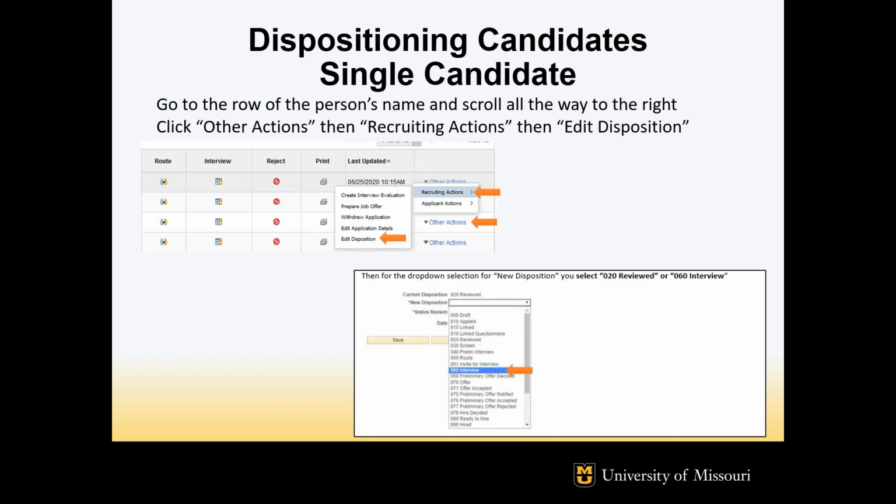Again, this is something I have been battling for 2 years, but I really think I'm close to getting it taken off. Also note, you should never jump from route to interview. It should always go from route, then reviewed, then interview. If you're only going to be doing 1 round instead of 2 rounds of interviews, that's okay. But just mark it from route to review because that's your first round interviews. And then if you're ready to make an offer after that, just let me know that you're only doing 1 round of interviews and you'll be good to go.